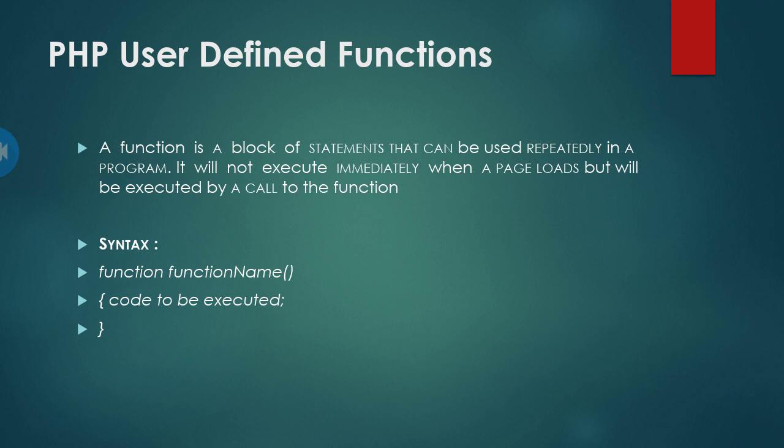And then in the next line, code means what you want to execute. For example, if we want to create a function sum, what we have to do is write function sum, round brackets, then in the curly brackets we can write whatever we want. For example, C is equals to A plus B, and then close the curly bracket. So by simply using this syntax, we can create a function.